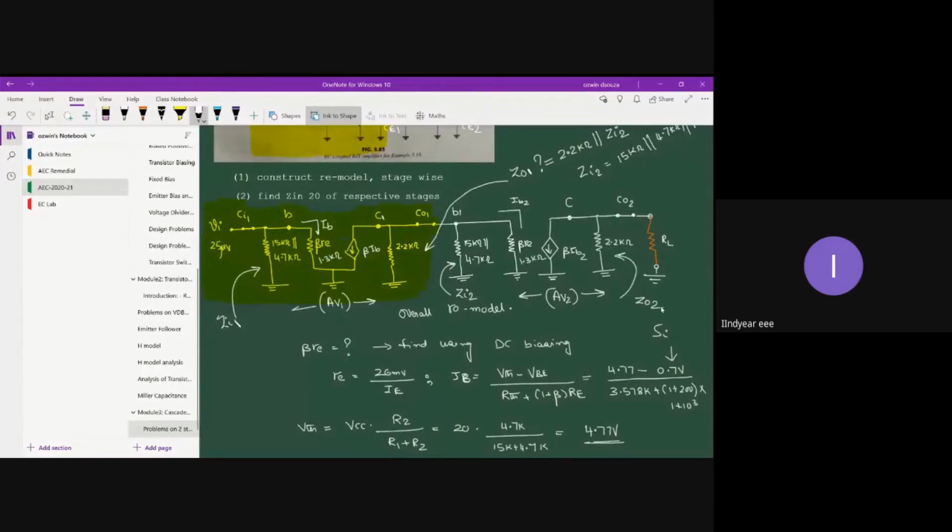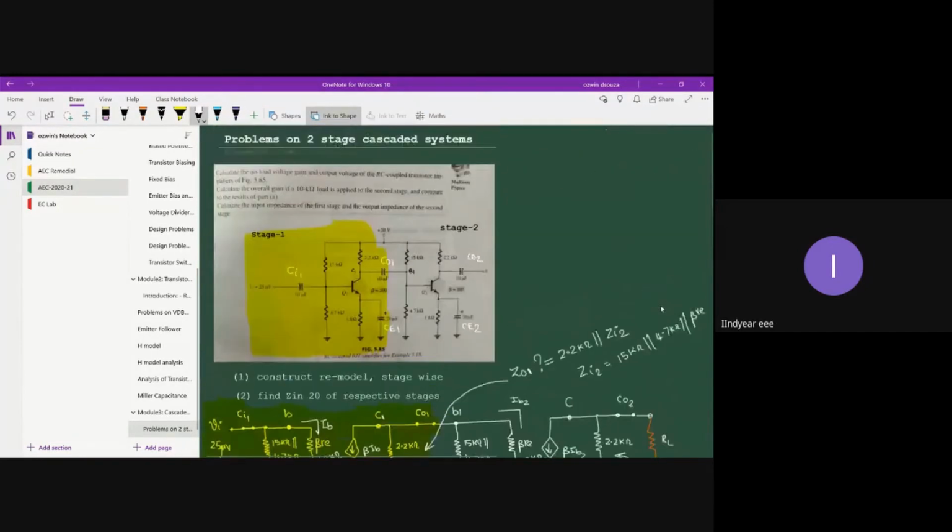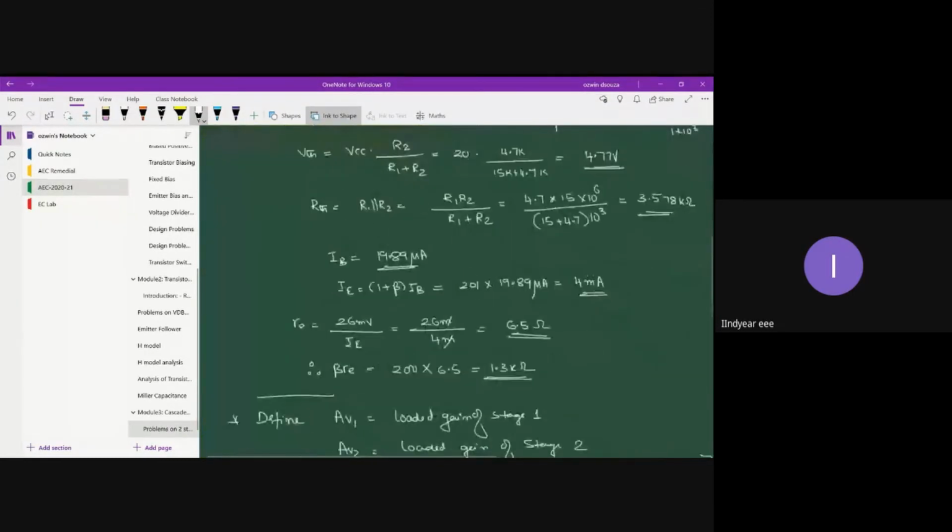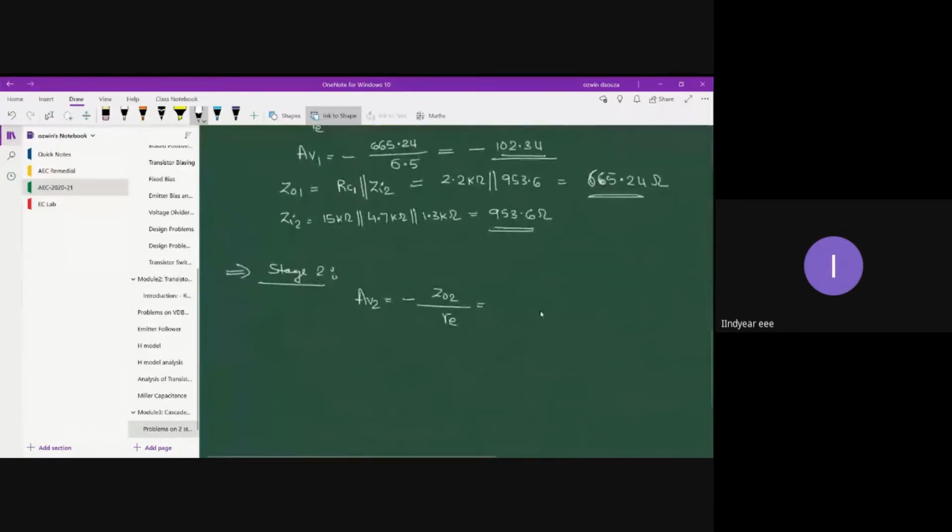Here it is clearly given that Z02 consists of just the 2.2 kilo ohm resistance, because there is no load. In case A, you don't have to connect any load. Only in case B are you supposed to take a 10 kilo ohm load. So Z02 is nothing but the collector resistance of the second stage, which is 2.2 kilo, divided by